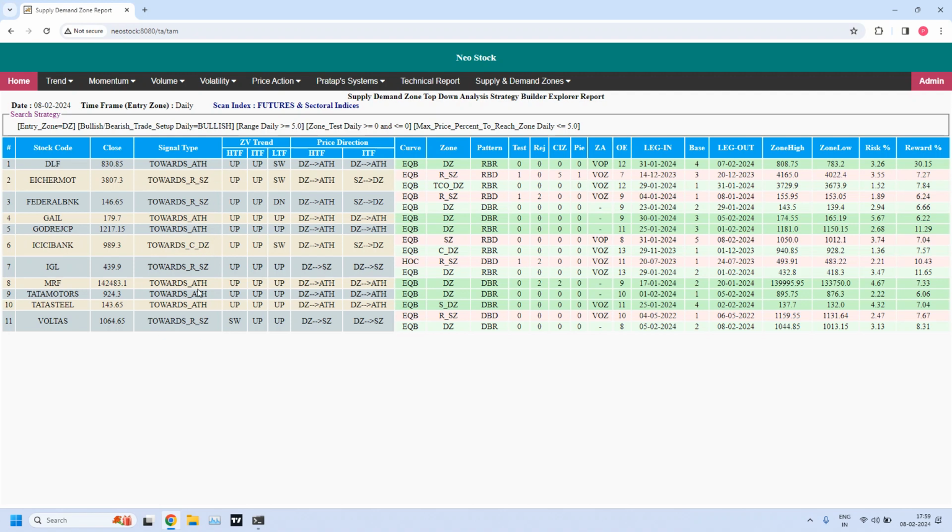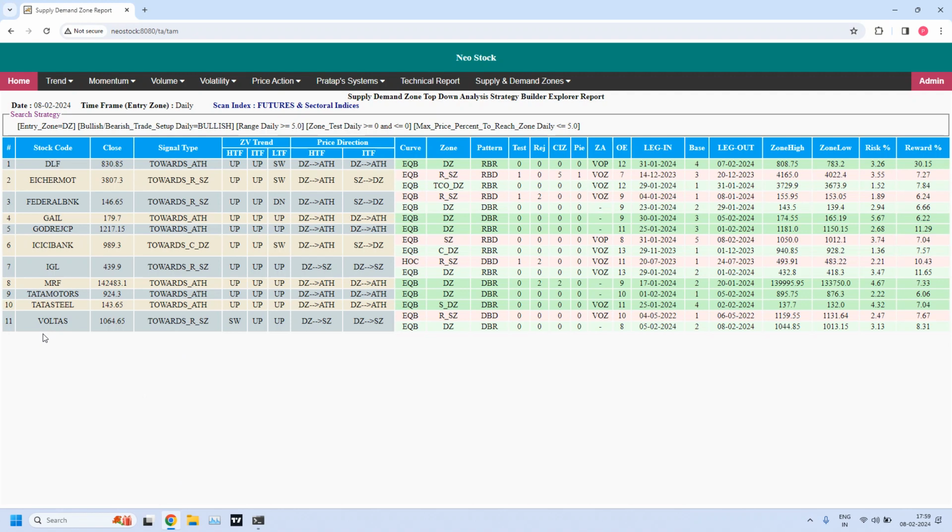So from this list, this is the only one currently moving from supply zone to demand zone. Remaining all stocks are moving from demand zone to either supply zone or all-time high. It doesn't mean they always move towards the all-time high or supply zone without any stop. Sometimes a few stocks may turn back, suddenly come to the demand zone, give an entry, and again move up. We should not miss such kind of stocks. Okay, this is about the bullish trade setup